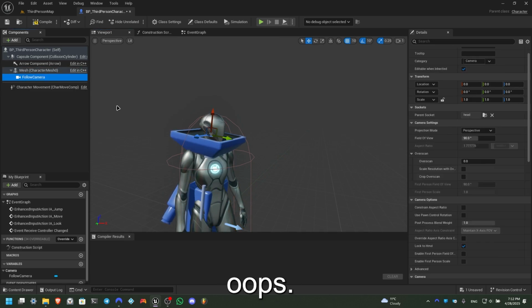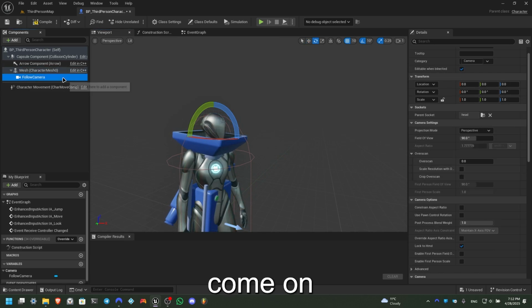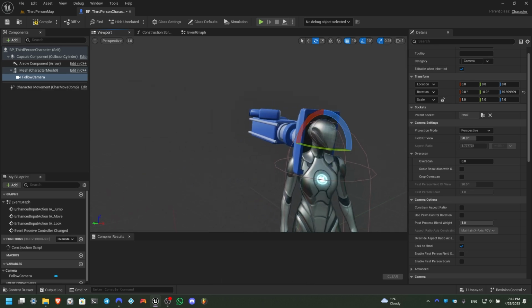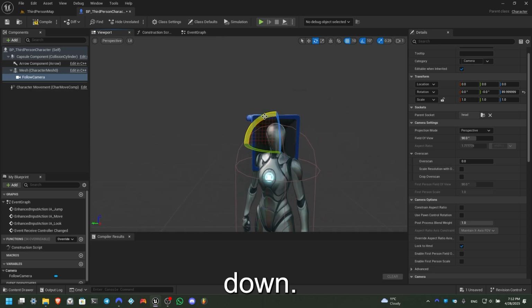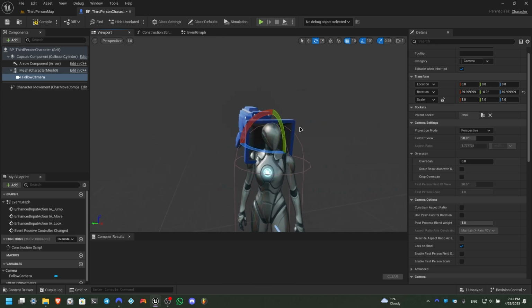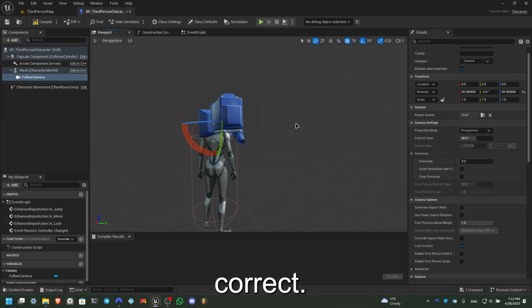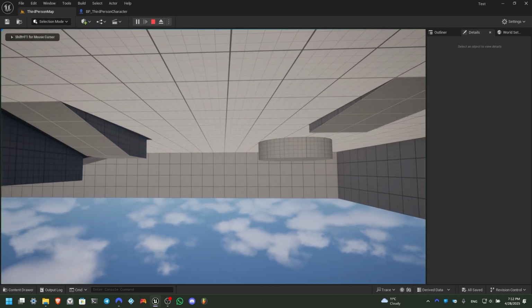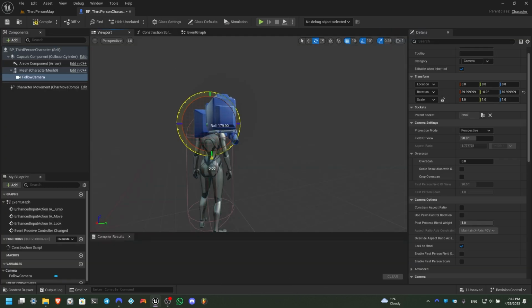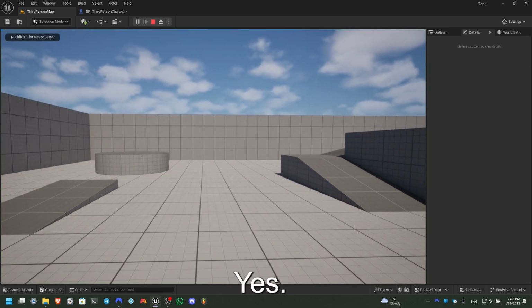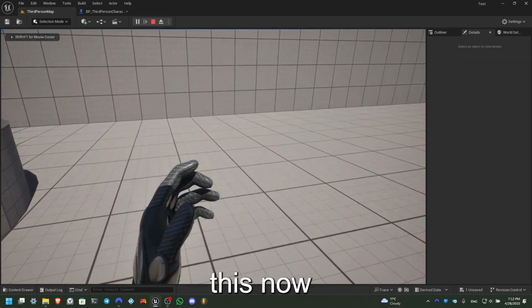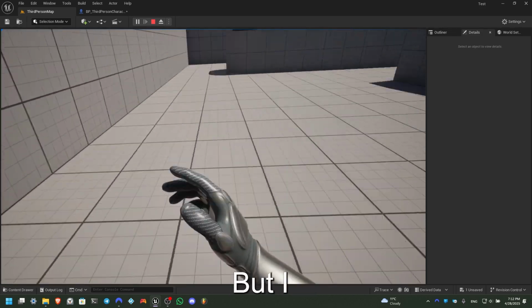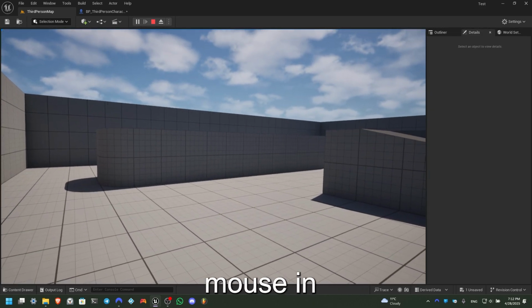Click on this. Oops. On the camera. Okay, so we can now rotate. It's upside down. Roll it. See if it's correct. Okay, it seems to be correct. Let's see. No, it's upside down. So let's rotate it. Now it should be okay. Yes. So we have this now and we can see our hands,